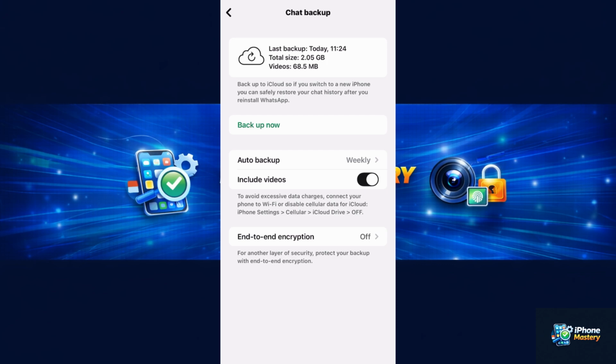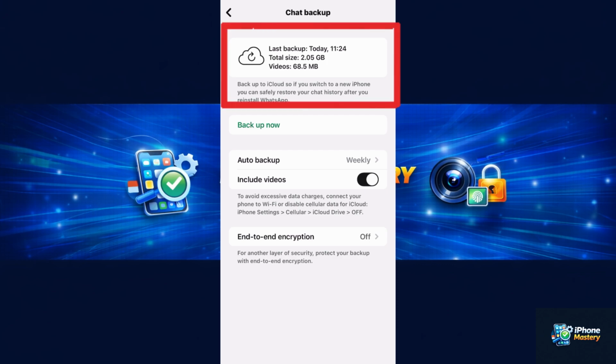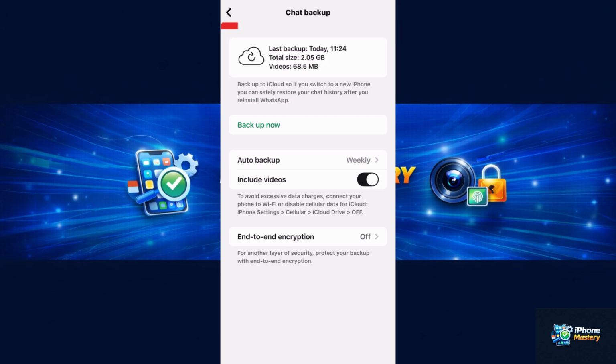So if you want to check the date of the last backup, if the date of the last backup falls within the time range the message was deleted, fine, you can restore it back. But if you know that the message was not backed up prior to the time that the message was deleted, you cannot restore it back. But if you know that the message was already backed up before it was deleted, you can restore it back